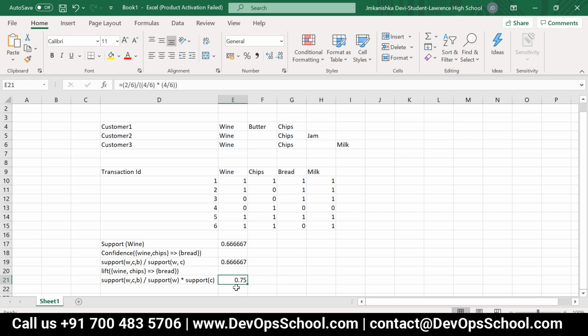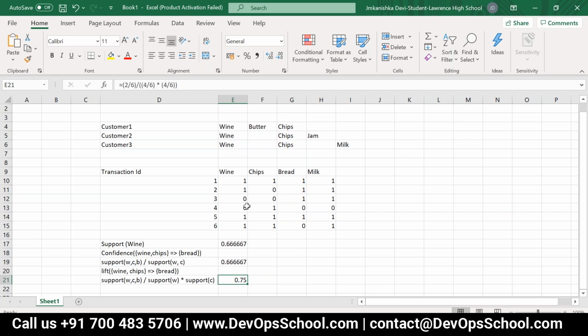Quick question. We have seen support in the classification report as well, and we are talking about support here in association too, but both definitions vary, isn't it? Yes, both definitions vary. There it is the number of occurrences only, but here we have the ratio. That is the difference. So support with respect to association is different.